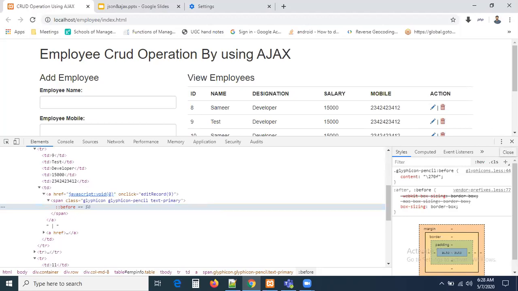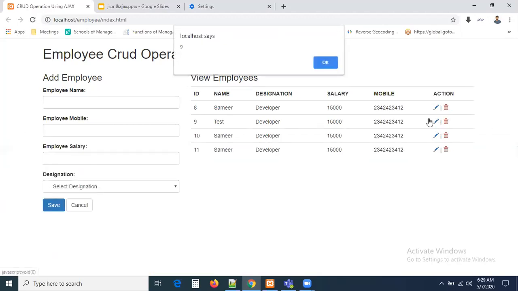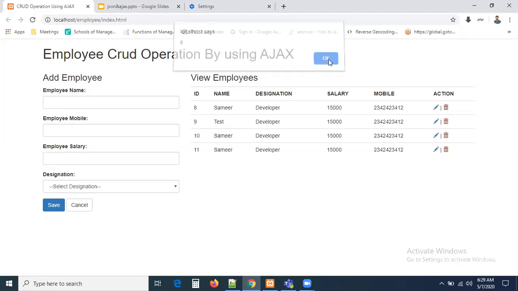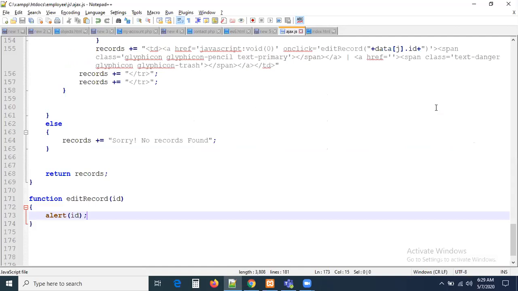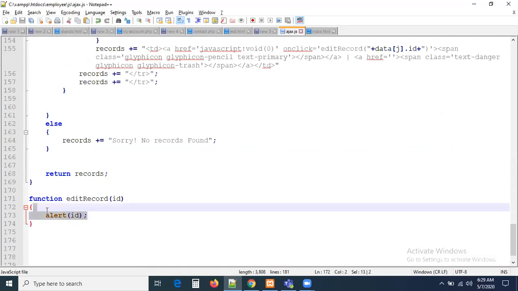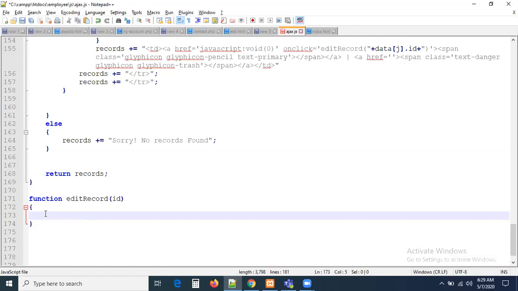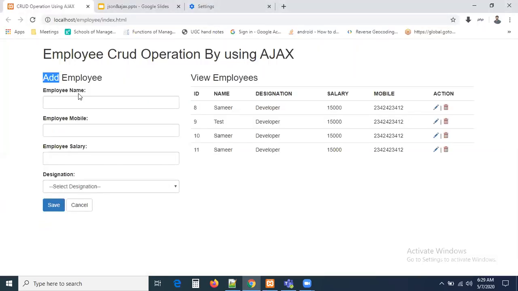Now, once you click this record, guys, I am clicking on this record, the alert is showing the ninth record. Get the ninth record information from the database by using Ajax and display that information in the add employee form. So this is going to be edit employee now, so I need to change the labels as well. Once the user clicks this, add employee. So first let me change the labels, guys. After changing the labels, we have to get the information and assign that information to these text boxes: employee name, employee mobile, salary, designation. Let us do the same here.